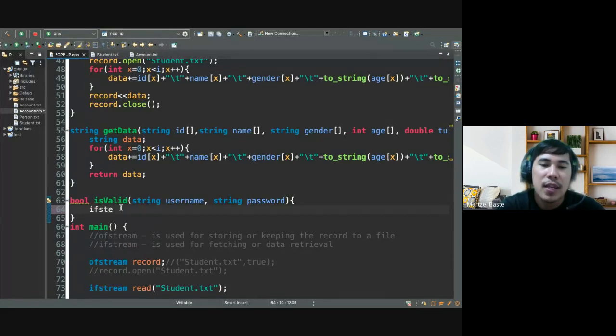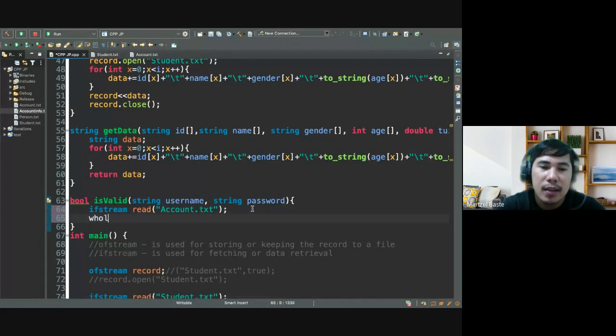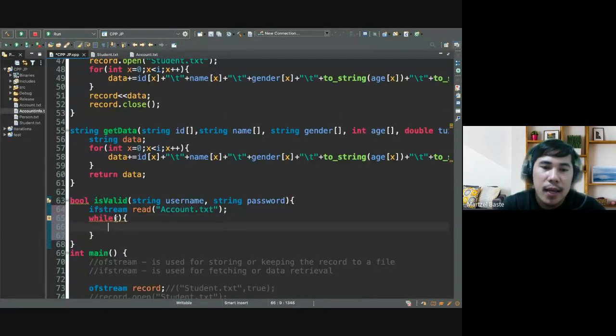So ifstream, let's say read. Okay, and then you have account.txt. Okay, and then i-read na to siya. So while read.eof, okay, and then